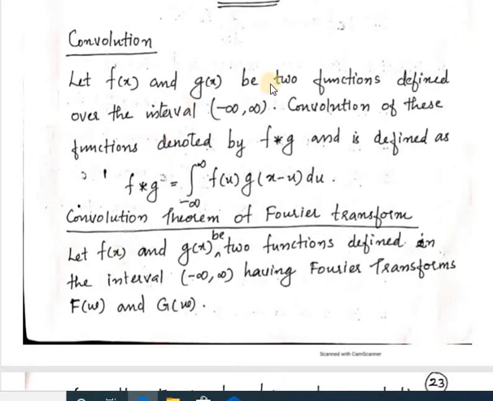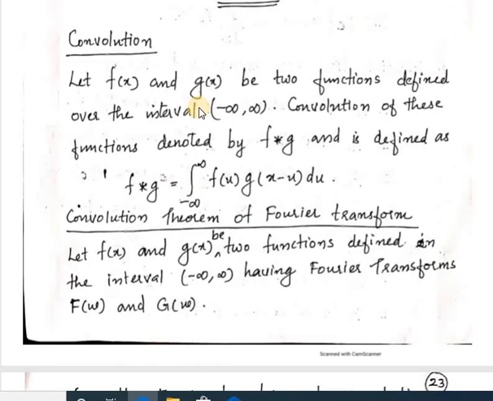So let f of x and g of x be two functions defined on the interval minus infinity to infinity. The convolution of these functions is denoted by f star g and is equal to the integral from minus infinity to plus infinity of f of u g of x minus u du. So if two functions f of x and g of x are defined on the open interval minus infinity to infinity, that is, defined on the whole interval, then the convolution of these two functions is denoted by the notation